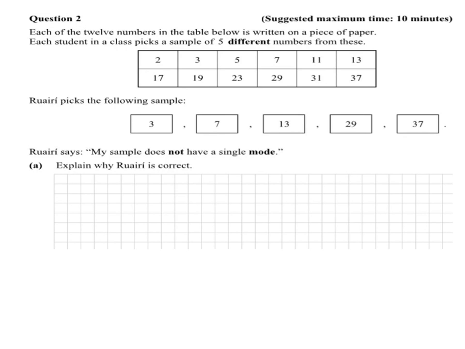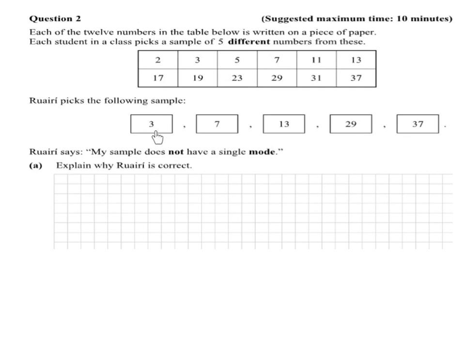Question 2. Each of the 12 numbers in the table below is written on a piece of paper. So here are 12 numbers and they're written on a piece of paper. Each student in a class picks a sample of 5 different numbers from these. Rory picks the following sample: